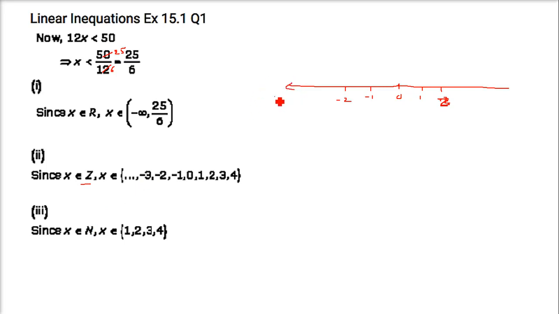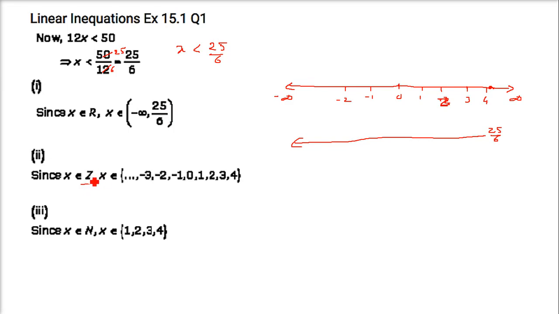So let us say that this is minus infinity and this is infinity. First, the basic thing is x is less than 25 by 6. If it is a real number, then everything which comes on the number line is included. So we start with x is less than 25 by 6. 6 4s are 24, so it comes somewhere here. From 25 by 6 till minus infinity, all are covered. So we have minus infinity to 25 by 6. And since this is a less than sign, we don't have to use a square bracket anywhere.